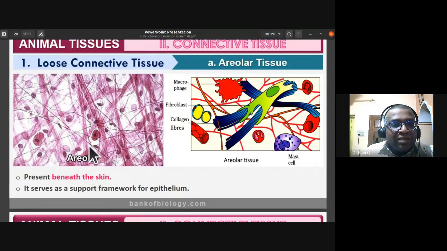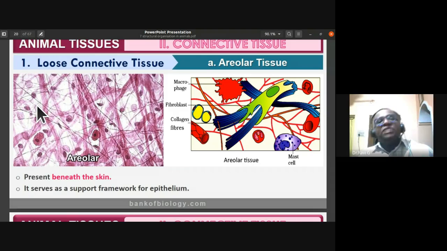You can notice the fibroblast cells, the macrophages, and mast cells within them. Okay, so these are all things, and you can also notice the long single branched yellow fibers or elastic fibers, and the wavy collagen fibers which are unbranched and are in a bundle.